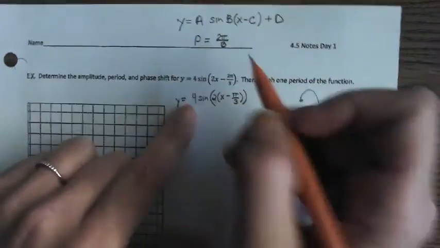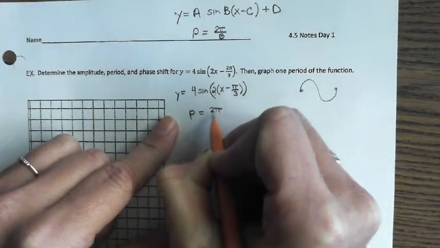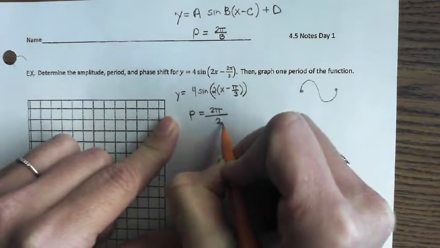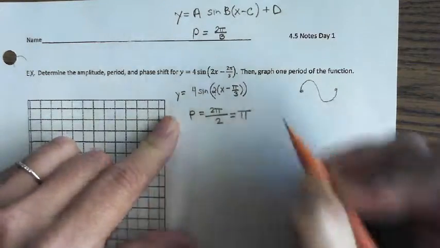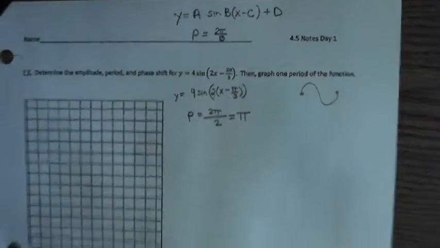Shorten. Hence the reason you plug in, if I calculate my period as being 2 pi over my b value of 2, my period just shortened to being pi. That's because of the horizontal compression that occurred. Of course, we have that formula, so that helps us, but the period is pi. So this one,